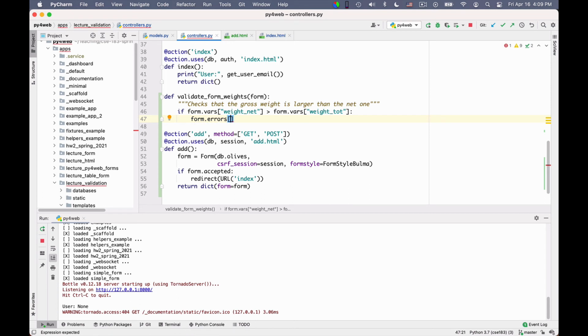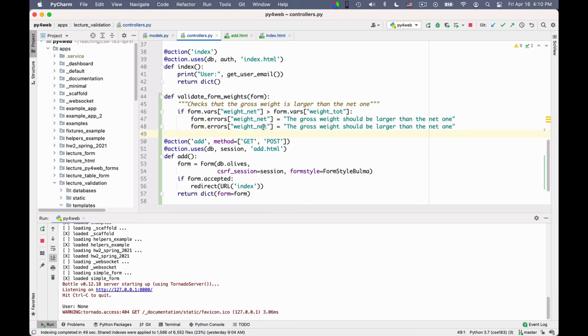I can attribute it to both fields if I want, actually. And I can say this is weight net is equal to the gross weight should be larger than the net one. Okay, and if I want, as I mentioned, I can attribute the error to both fields, so I can also put the same error for the gross.